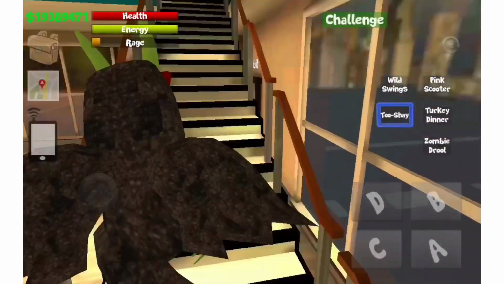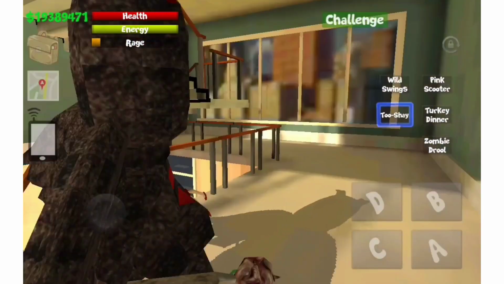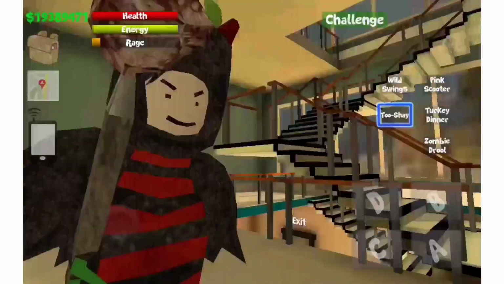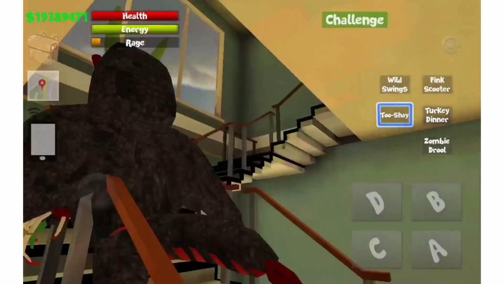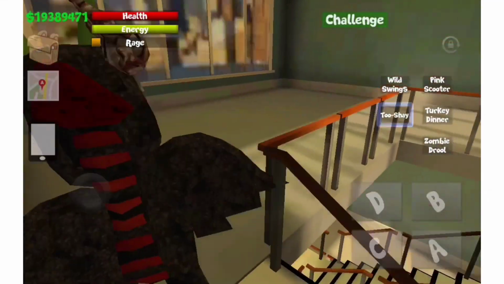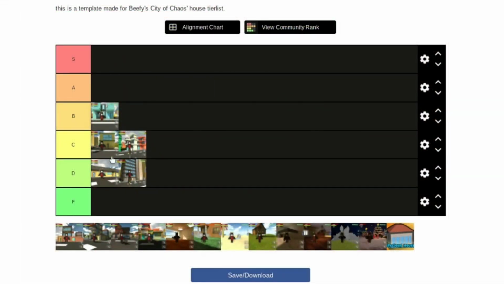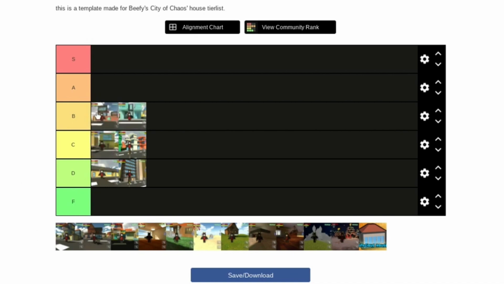3-story house, which has a nice, spacious first floor, and then you go to the second floor, and that's where things get a little ruined. It's sort of the same issue as the last 3-story house that we were talking about, but from the bottom floor, it's way better than the B tier house. So I'm gonna put this one